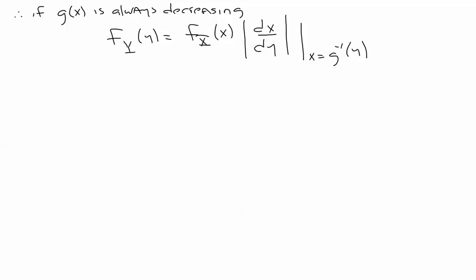If g of x is an always decreasing function, then the derivative of x with respect to y is always negative. Multiply that times a minus sign, I get the absolute value. Okay? So, in summary then,